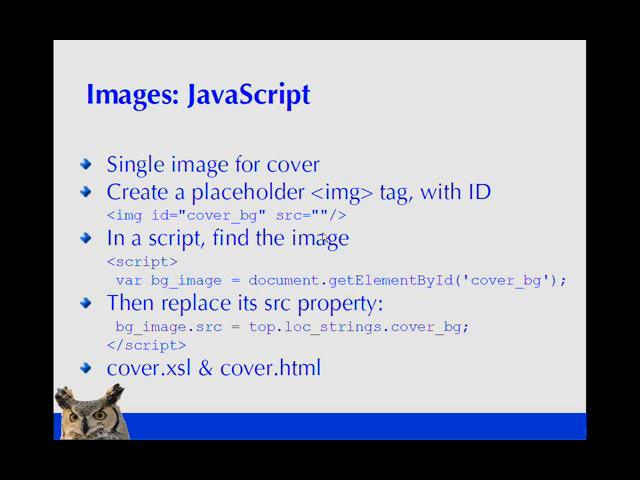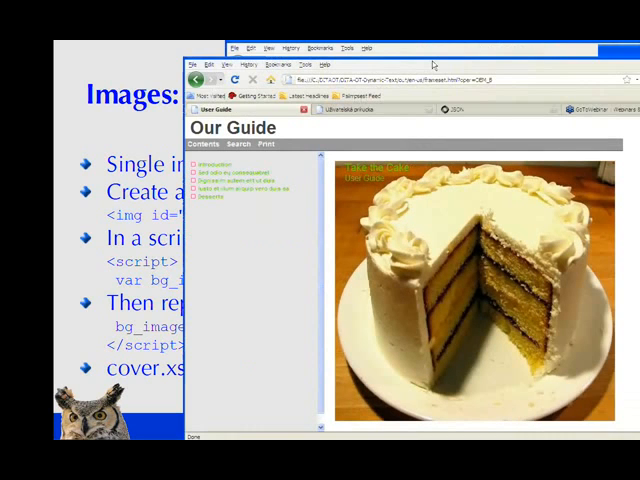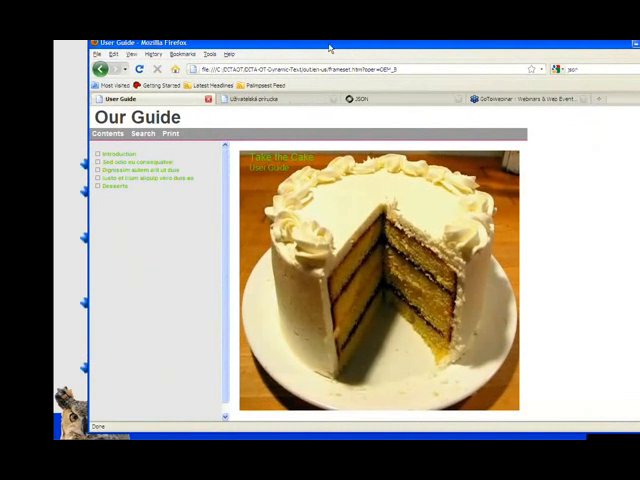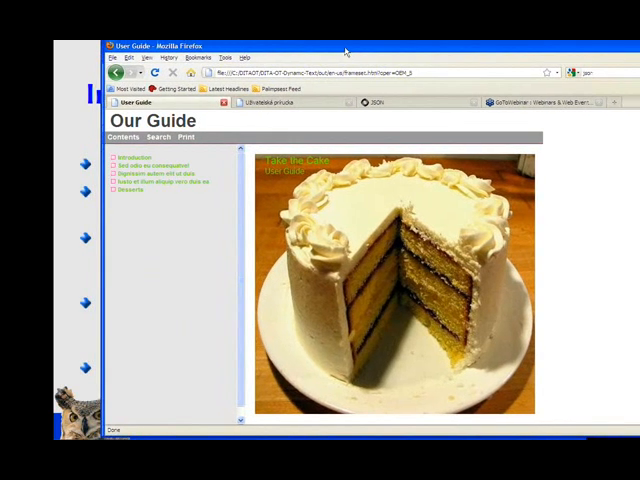So changing gears a little bit, let's take a look at some images and how we handle that. Now, the images, as I said earlier, we didn't have to worry about quite so much because there was just a single image we had to worry about, and that's just the cover image here. In my example, we've got cake,